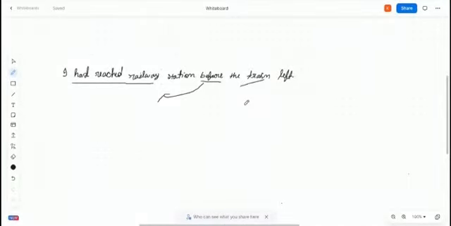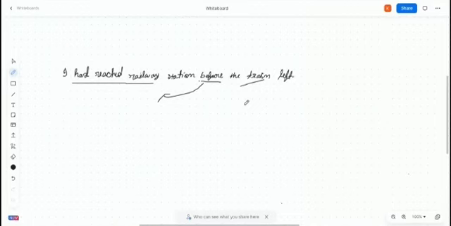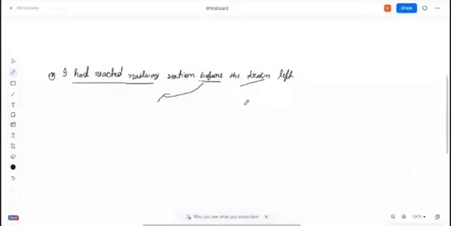Okay. Thank you, ma'am. Anyone wants to try? Madam, the train had left before I reached the railway station. That is right, the train had left. So see, this is a trick. I usually use this: if there is a before, then use had plus verb in the first clause, and in the second, just past indefinite.